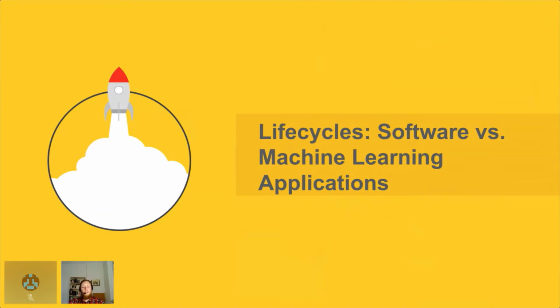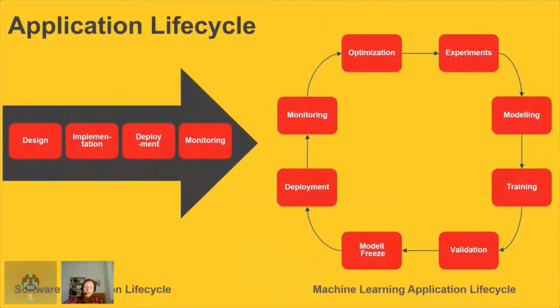So just the question: why is machine learning, why do we have to deploy the models, why does it take so long, and what's the difference between machine learning and, let's say, software applications as we know them? As you can see on the left, general software applications have a distinct life cycle, which is characterized by 4 distinct phases. The first one is a design phase. You basically gather your requirements for the model, you gather the user experience you want to convey.